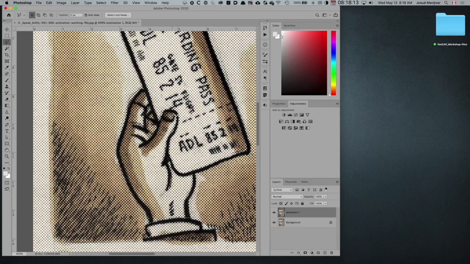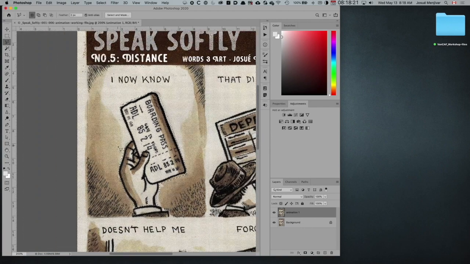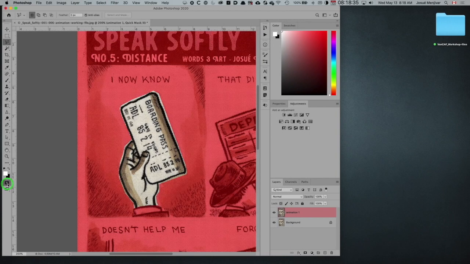There's like a little marching ants. You can't see it because of the artwork. Just to really get a better look at it, if you go down here, down beneath where the color swatches are, there's this little icon here that to me always reminds me of a flag. You click on that and then you can see it's called a quick selection tool, and then what it does is it shows you in red